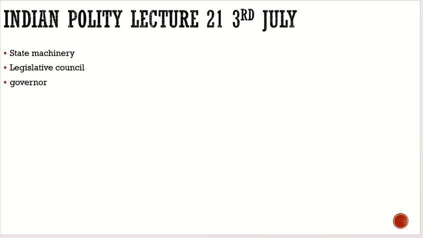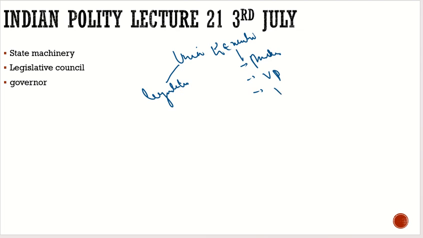Let's try to recap what we discussed with respect to the union. We discussed the union executive and the union legislature. In the union executive we discussed the president, the vice president, the PM, the council of ministers, and the attorney general for India. And with respect to the union legislature, we discussed the president and his role, the Lok Sabha, and the Rajya Sabha, and everything required,